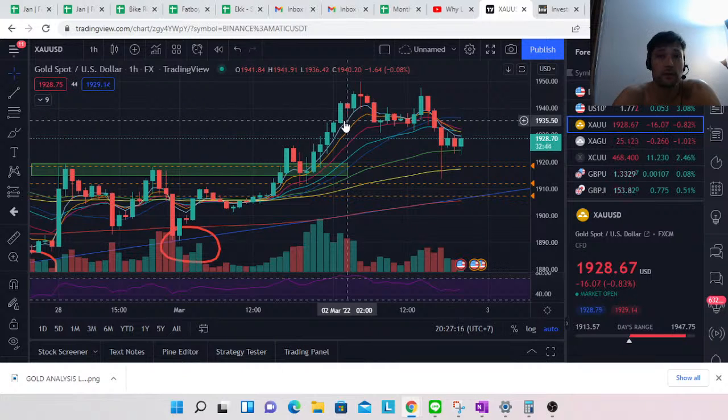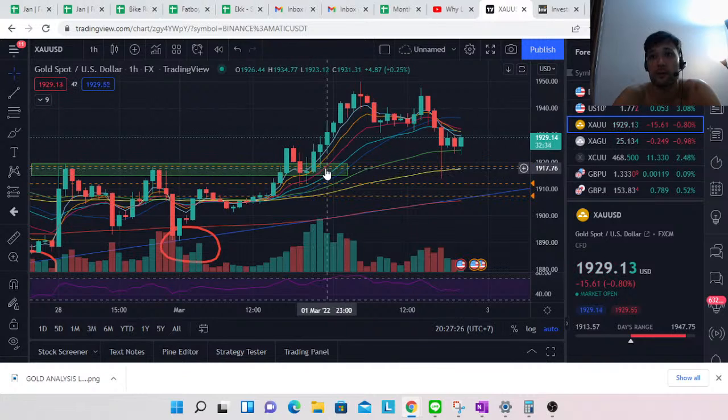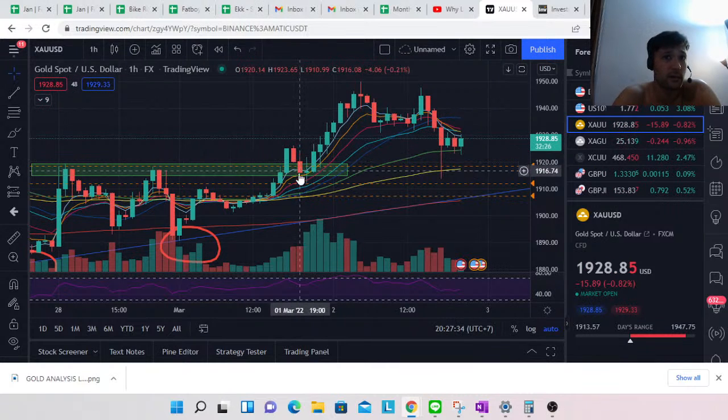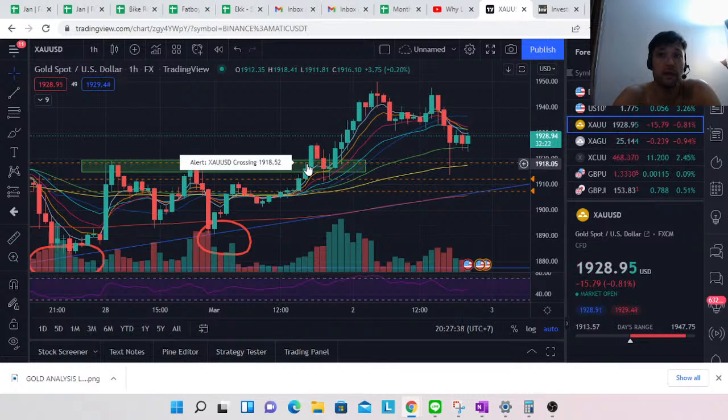Unfortunately, because I got taken away from something else, I didn't get a chance to pull the trade off, so I missed the opportunity, but everything played out really nicely. If you had opened around 1918 with take profit around 1930, you would have made a nice little profit. That trade worked out very well.